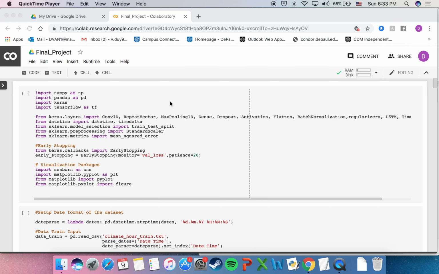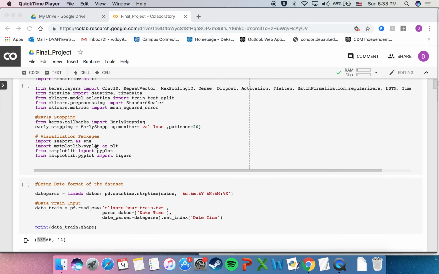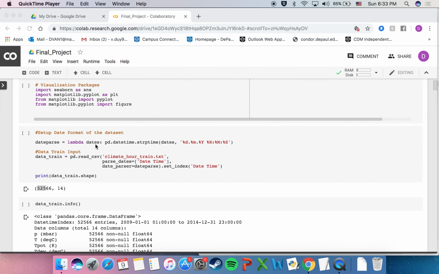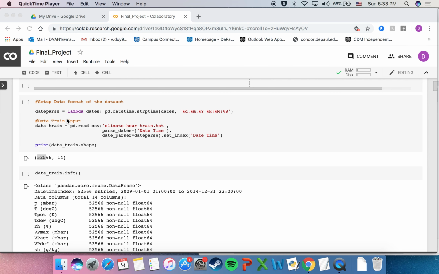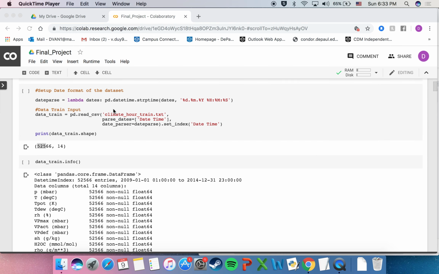I am going to present the final project, which is predicting temperature. Here are all of the packages that I am going to use for this assignment. And just mentioned right here is the early stopping that I'm going to use in building the model. All right, so for the training dataset, I set up the date into the index for